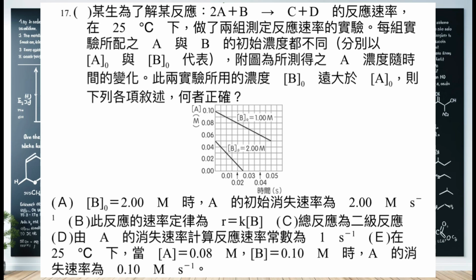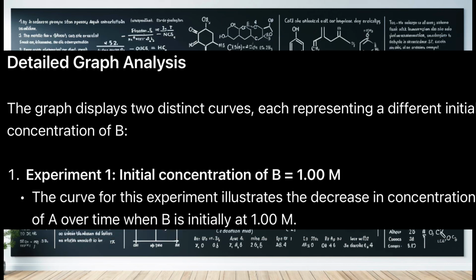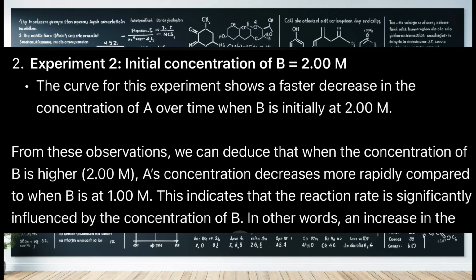Graph data analysis. The graph includes 2 curves, each representing a different initial concentration of B. 1. Experiment with B equals 1.0 mM. This curve shows the decrease in the concentration of A over time when the initial concentration of B is 1.0 mM. 2. Experiment with B equals 2.0 mM. This curve shows a faster decrease in the concentration of A over time when the initial concentration of B is